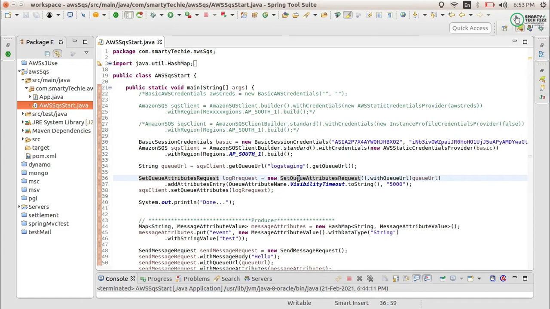So in today's part we will first create a producer, to see how we will send the message to the SQS service. And in the next part we will create a consumer that will consume the message from the SQS service.